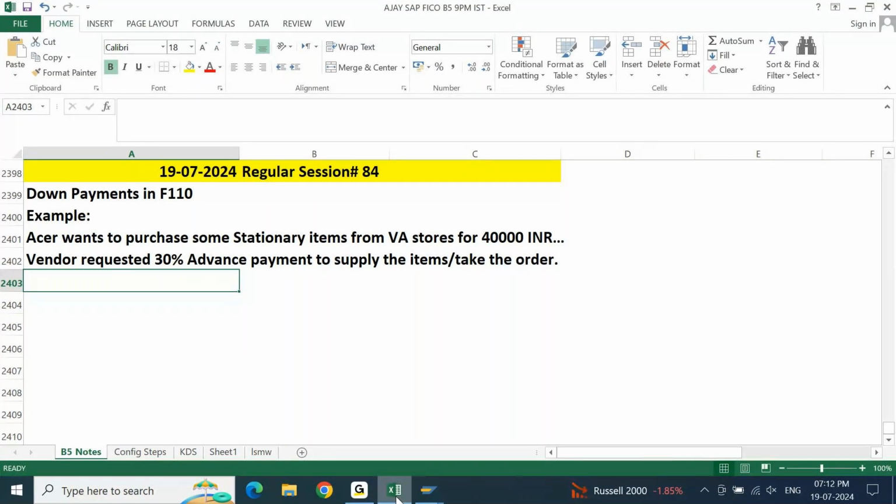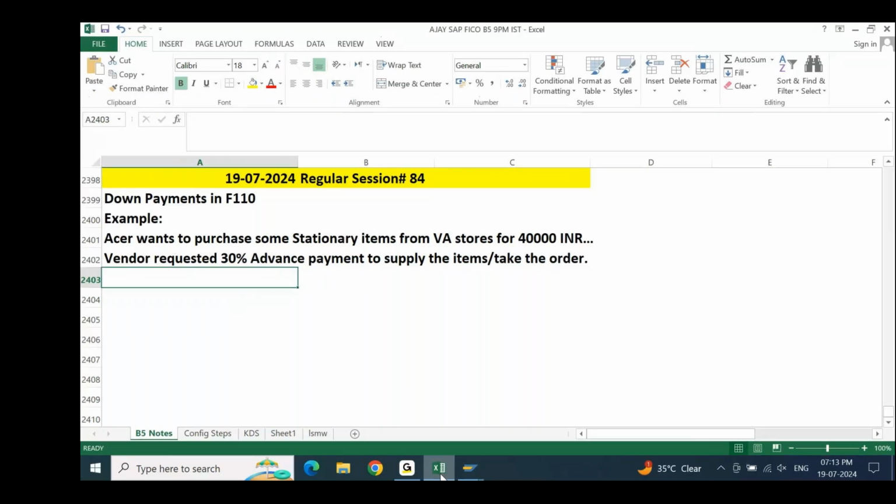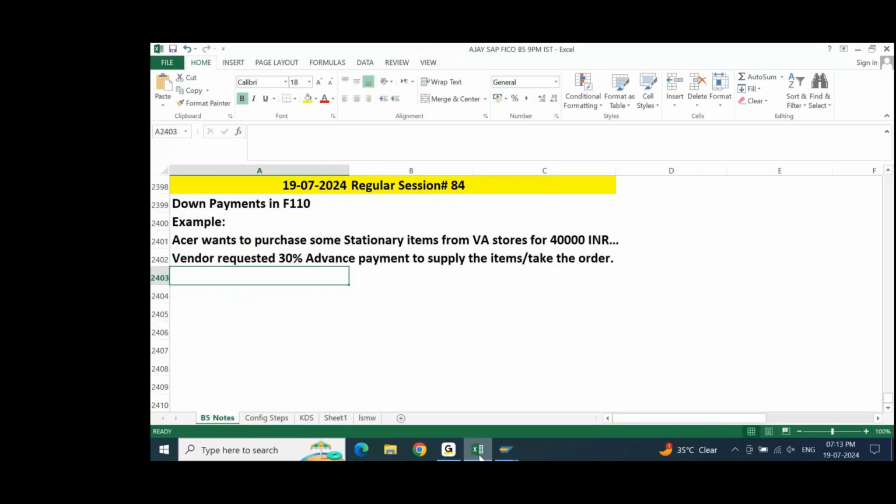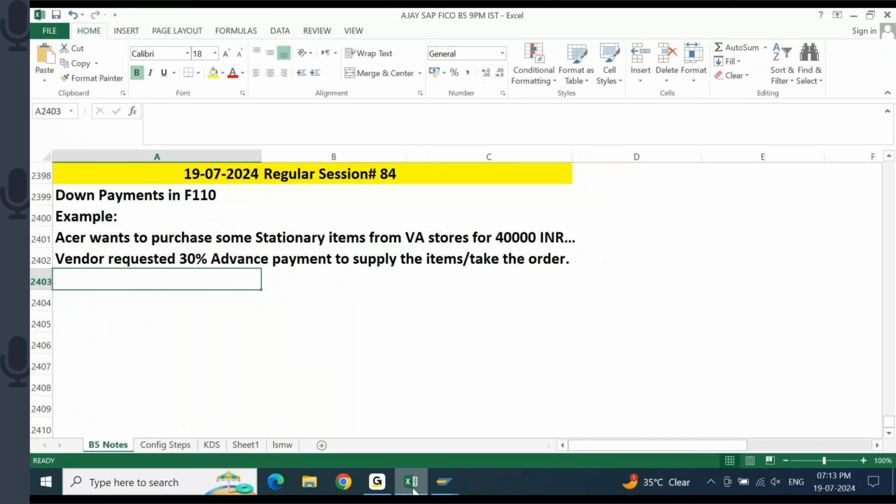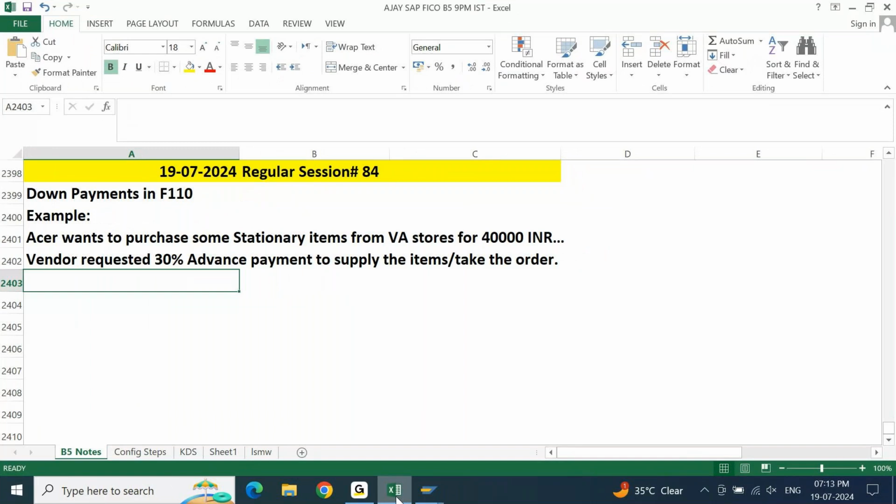Somebody may tell the advance amount in words, somebody will tell advance amount in percentage. In this example, your vendor is telling please process 30% advance payment. We know that the purchase that you are going to make is for 40,000. Now, if we need to process 30% advance on 40,000,